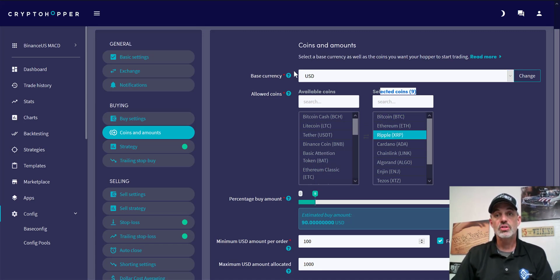And how I chose those 9, there are a couple different methods that I use to find the best coins for my trading bot. One way is I trade most of the coins over here anyway, day trading all day long, so I'm pretty familiar with these coins in the first place. But I don't trade a whole lot on Binance US because, again, the volume's just not there. So in order to find some coins,